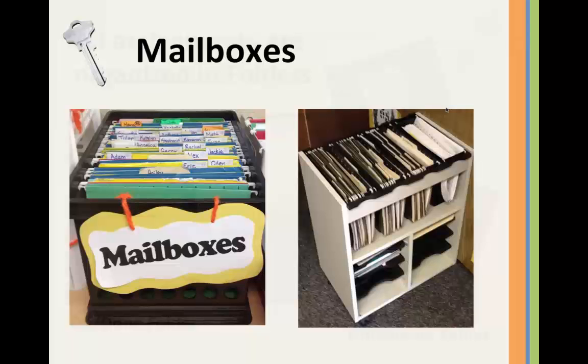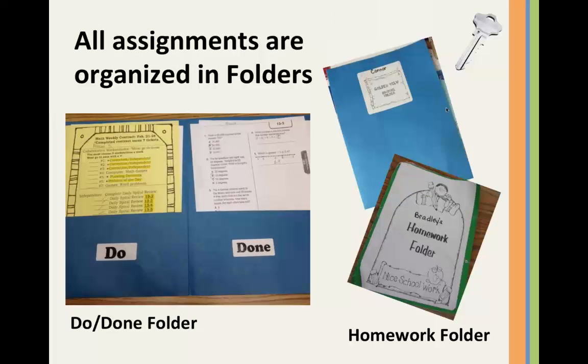When they get their mail, they put it into what we call a do-done folder. It's a work folder. It's always kept in the mailbox when it's not in use. It never goes home. Work that goes home is transferred to a homework folder. All students have a do-done folder. It's in their mailbox. When they check their mail, they load up the papers in their do-done folder. If it pertains to something they need to do, it goes on the do side of the folder. As they complete their work, they move it to the done side. So now we're teaching students to monitor their own progress in getting their work done.